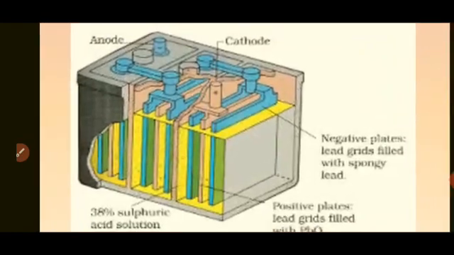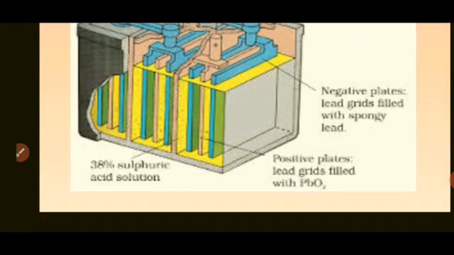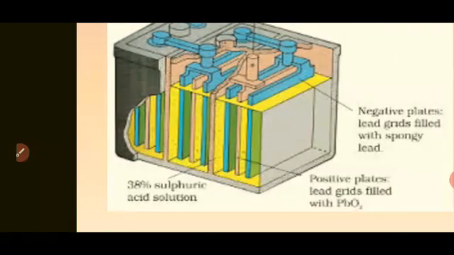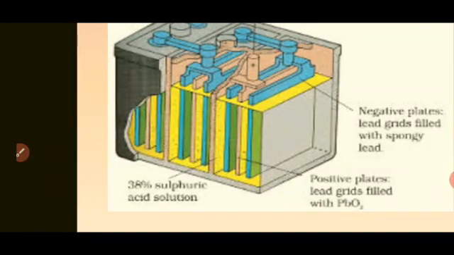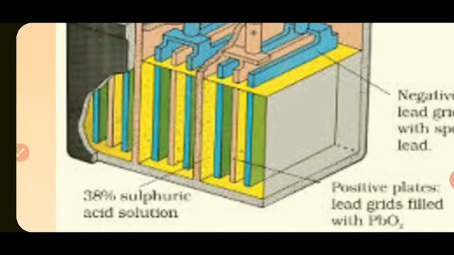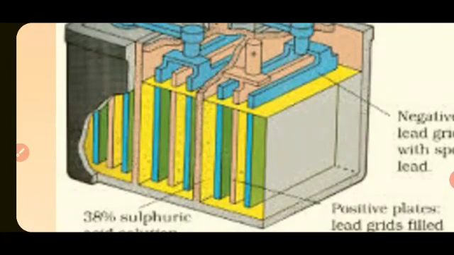Now in this diagram, one is the anode and another one is the cathode. So which part is the anode? The negative plates, that is, in this diagram the blue colored part, which consists of lead grids filled with spongy lead, meaning metal lead, right? So this acts as the anode, whereas the positive plates, that is, lead grids filled with PbO2, act as the cathode. In between there are fiberglass sheets between these grids to prevent shorting due to physical contact.